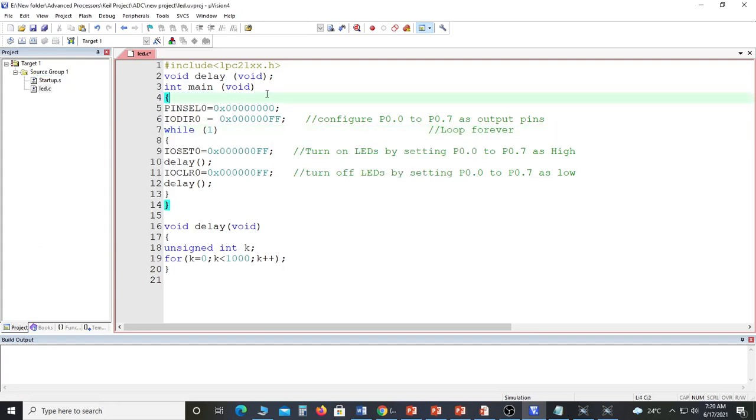Now let us see in the program. So first line, lpc21xx.h header file is added. Then delay function we have declared here for giving the delay for blinking of the LEDs. Then in the main function, as you can see here, PINSEL0 equals to 0x00000000 is written. PINSEL0 is of 32-bit, so we have given the value in 8 nibbles. It means configure the P0.0 to P0.15